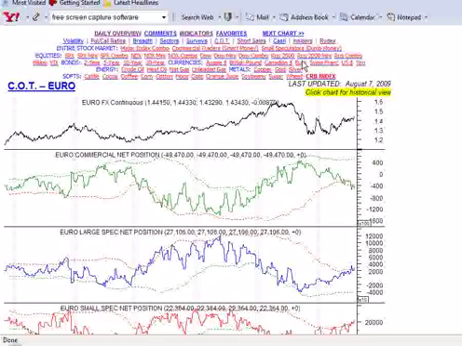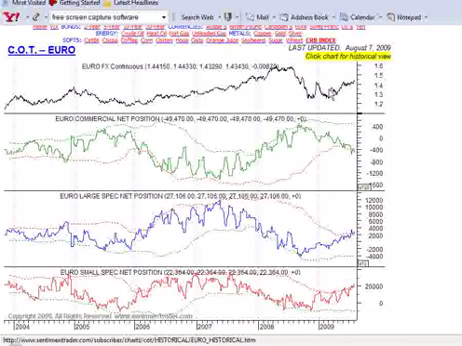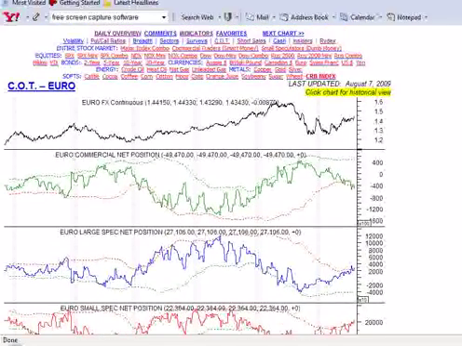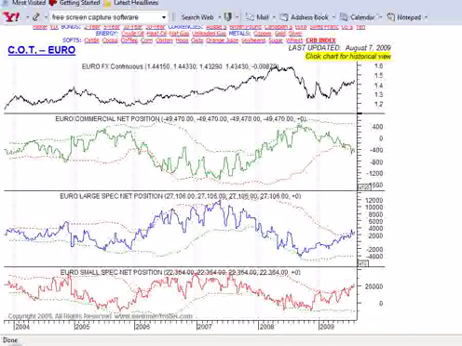The mirror image of that is apparent on the euro. As the euro has been increasing here, the smart money has been getting bearish or short on the euro, and the speculators have been getting increasingly bullish. So those things taken together are some of the hard data actually showing what people are doing with their money and how they're betting on the movement of the dollar and the euro. From a contrarian point of view, you would expect when it gets to an extreme degree outside these standard deviation bands, these red and green bands,